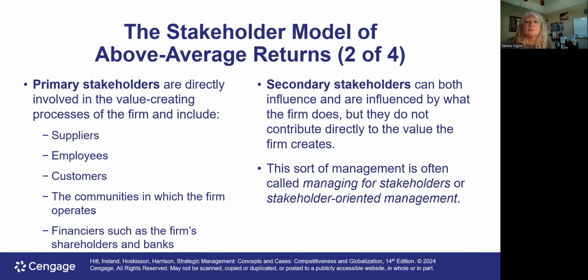So many successful organizations have learned that taking really good care of those primary stakeholders leads to competitive advantage and higher performance. So we can take suppliers as an example of a primary stakeholder. If I have a really crummy relationship with a supplier and they're going to be out, they're not consistent, they don't provide me what I need when I need it, that is going to cost me money and time.